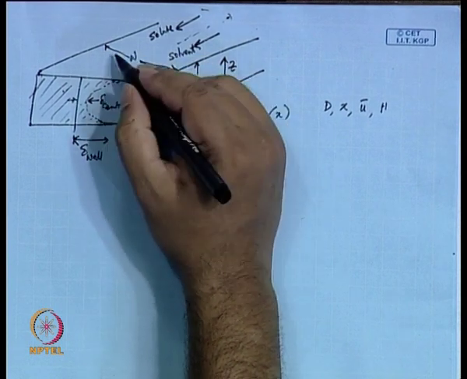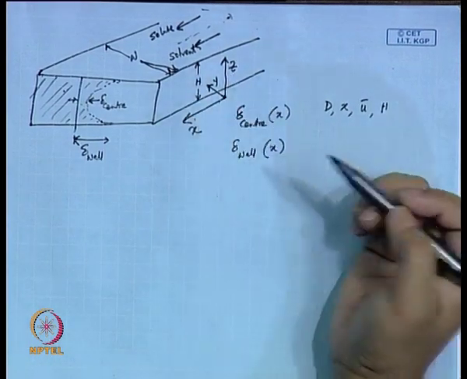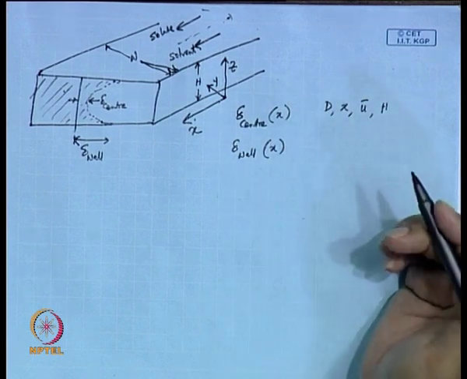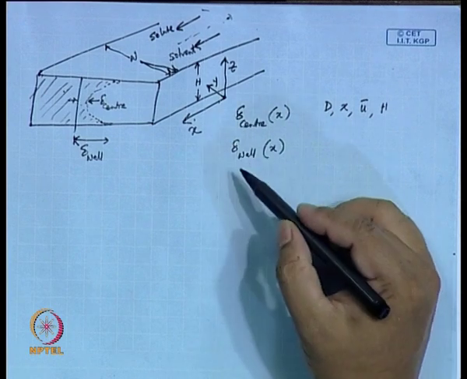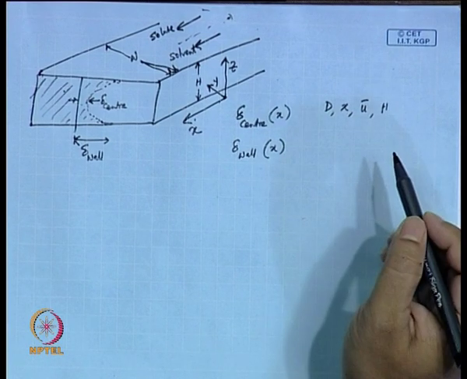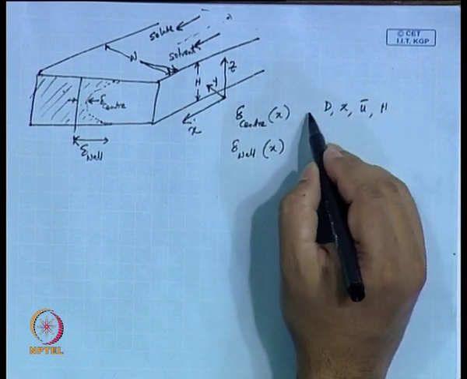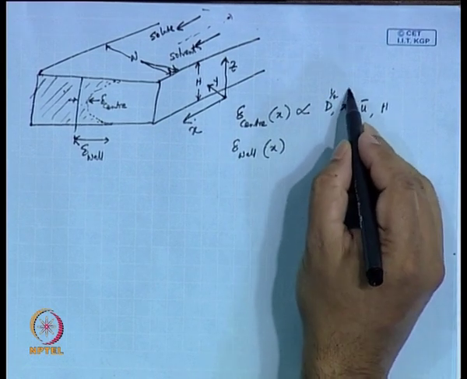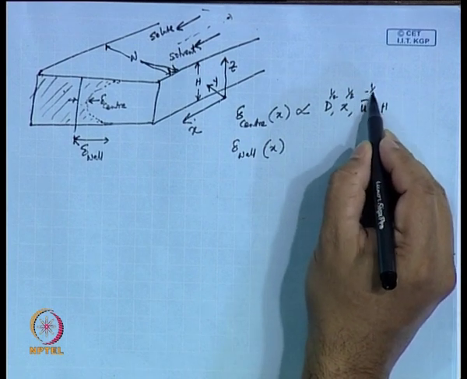This distance would be w, this distance would be h, and this would be x, y, z. So, with this proportionality they tried to find out how delta center as a function of x and delta wall as a function of x depend on these quantities. And what they found is basically this is proportional to d to the power half, this is proportional to x to the power half, and this is u bar to the power minus half,